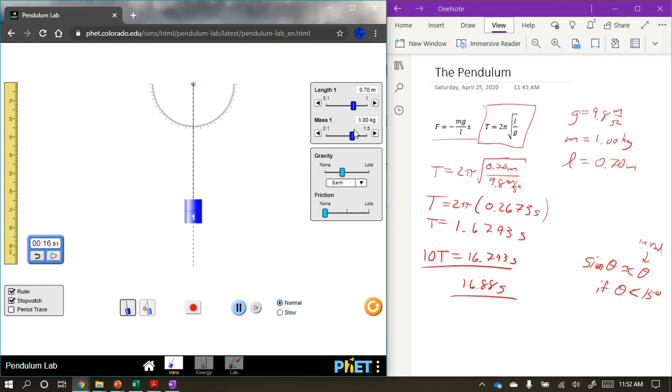Now, let's change the mass. Let's make it heavier. Let's just go 10 degrees. Since we found out amplitude doesn't matter, we'll just go 10 degrees. And 1, 2, 3, 4, 5, 6, 7, 8, 9, 10. 16.74. If I change the mass to something really tiny,